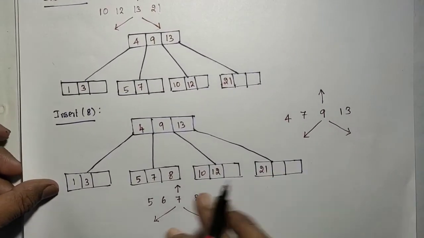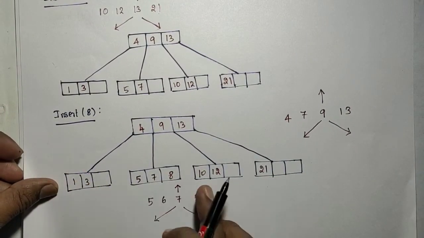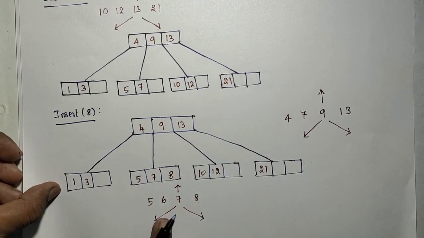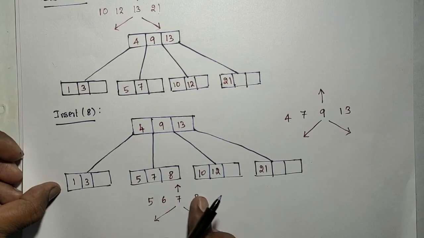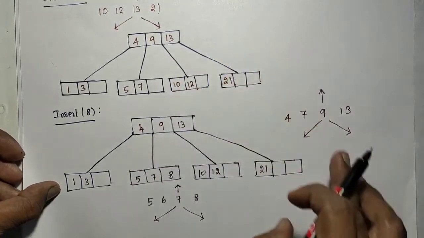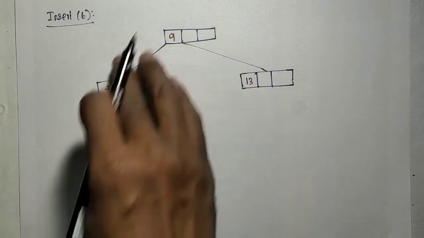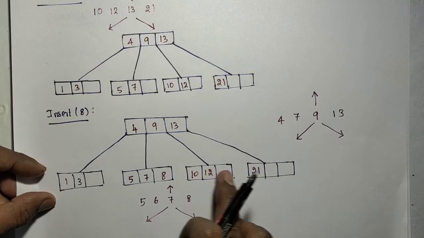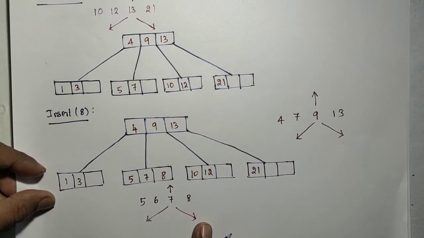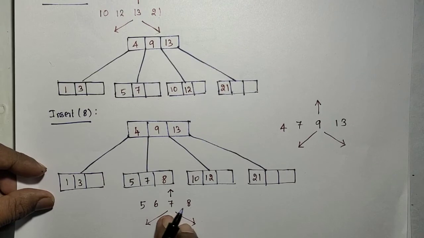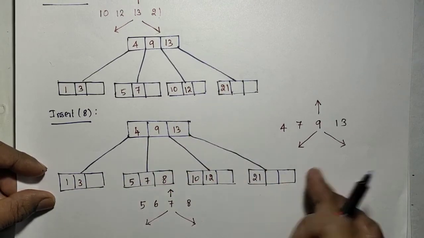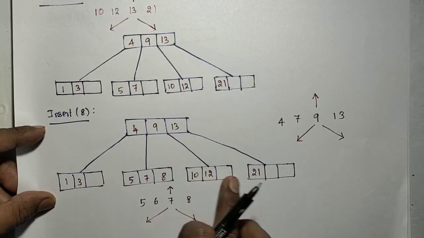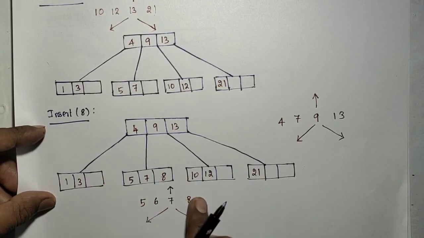In the next level nodes, 1, 3, okay, there is no change. 10, 12, okay, and 21, no change. But this node is split into 2, 5, 6 and 8. The 7 is moved to the previous level. Okay, the 7 is moved properly into the previous level. So at this level, I need to draw 5 nodes, 1, 2, 3 and 2 split nodes. Then to which parent I want to join, that we will discuss. So first you draw all these 5 nodes, that is 1, 3, 10, 12 and 21. Here 5, 6 and 8.